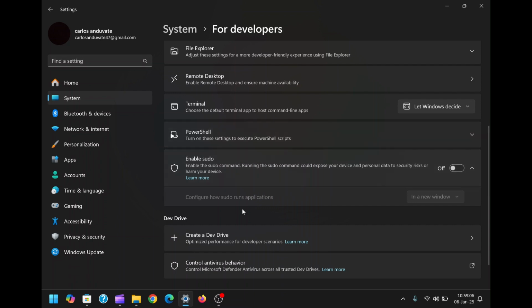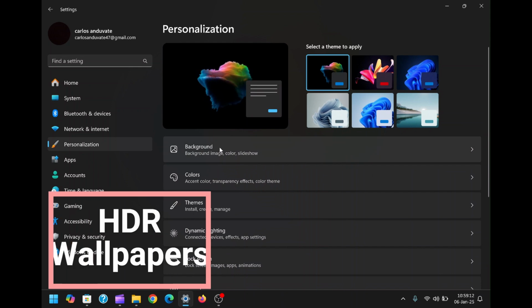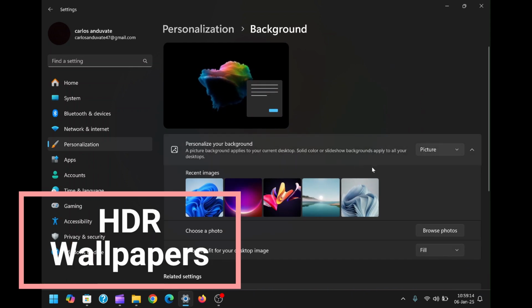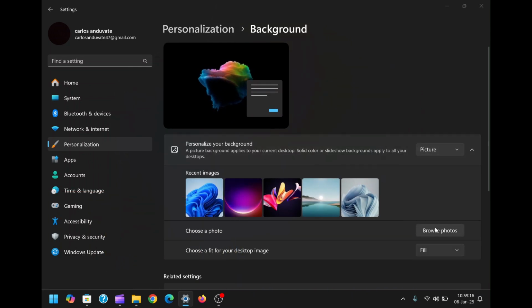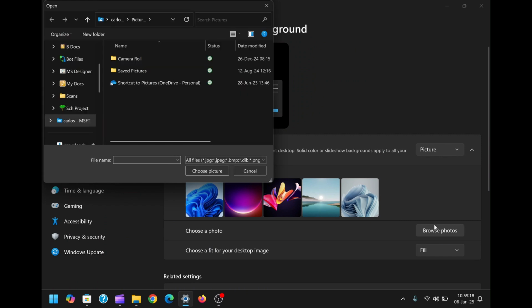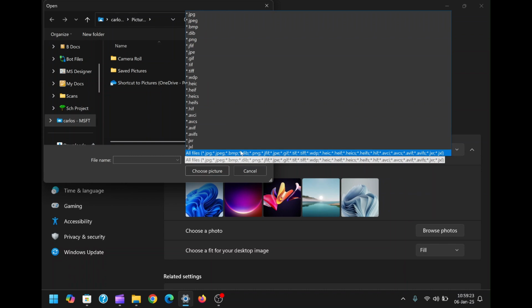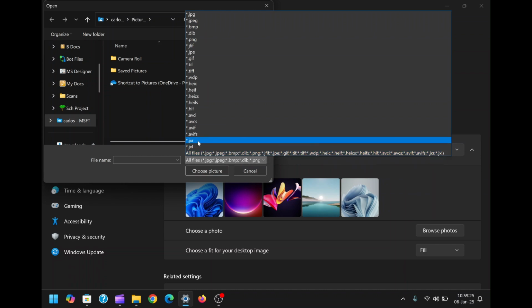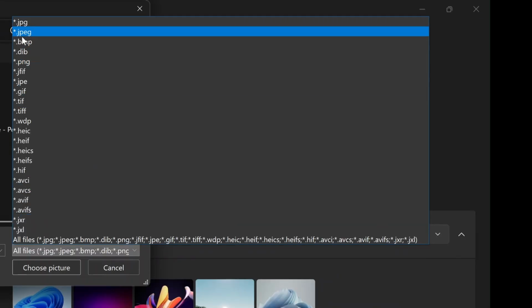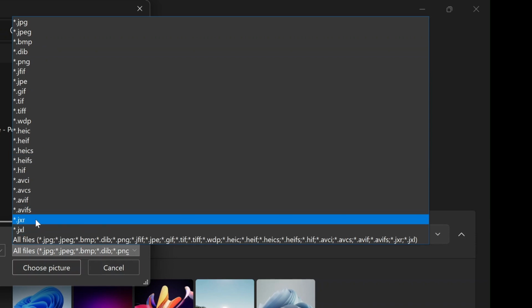One of the more visually striking updates in 24H2 is the support for HDR Wallpapers. High Dynamic Range (HDR) technology enhances the contrast and color range of images, resulting in more vibrant and lifelike visuals. With this update, you can now set HDR-enabled wallpapers on your desktop, provided they are in the JXR or JPEG XR file format. While these formats are not yet widespread, their inclusion signals Microsoft's commitment to pushing the boundaries of